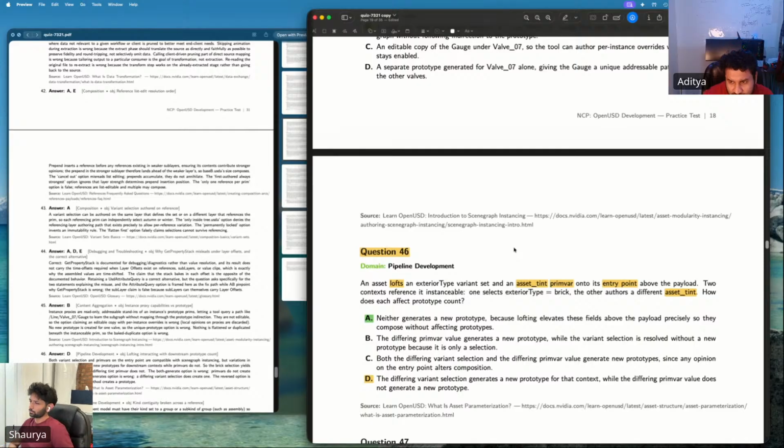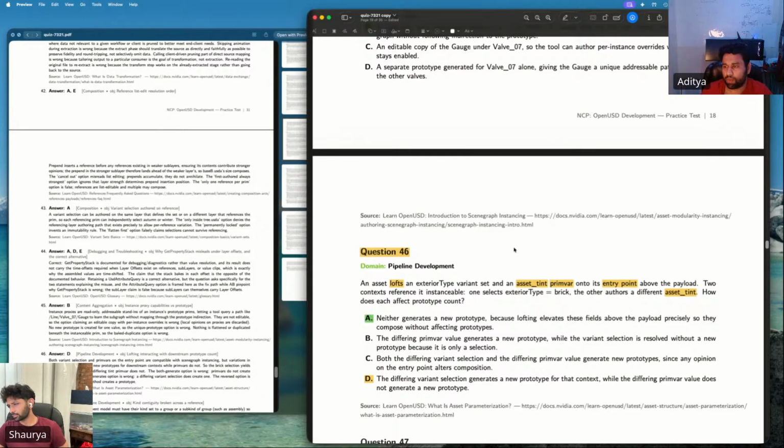An asset lofts an exterior type variant set and an asset tint firmware onto its entry point above the payload.